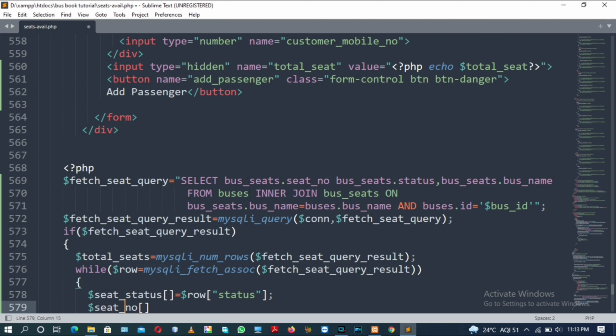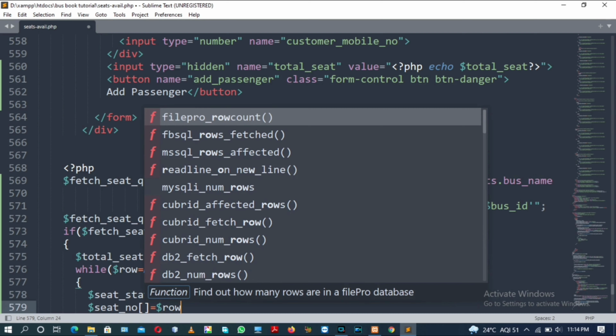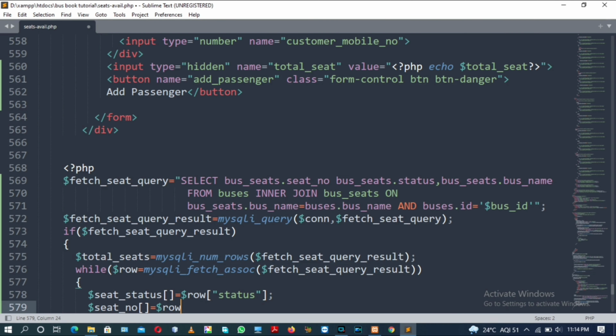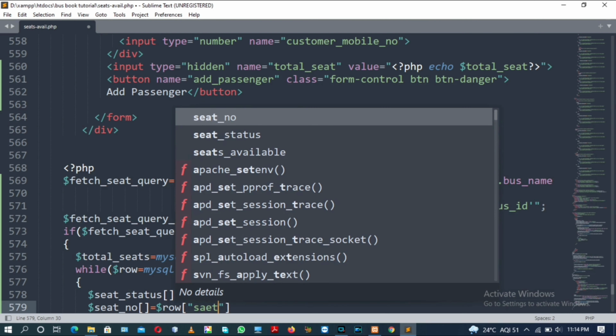Both seat number and seat status are PHP variables that act as arrays, assigning the value of row into themselves with the index seat number.